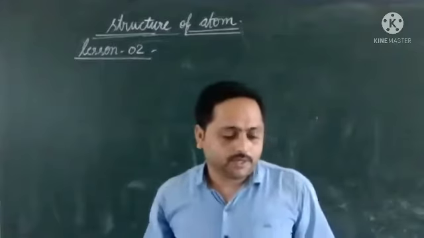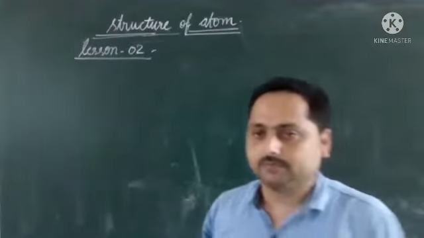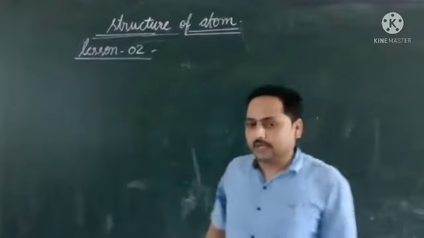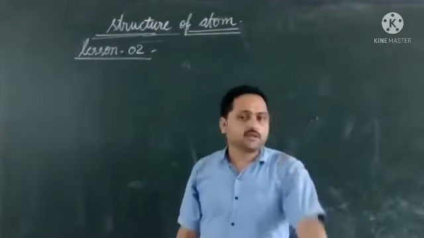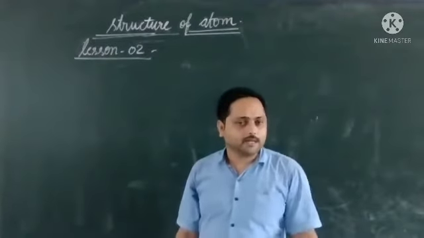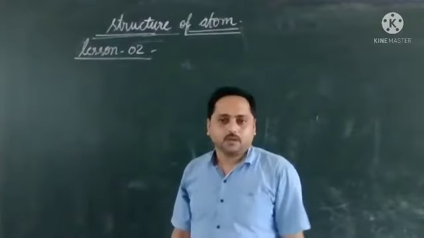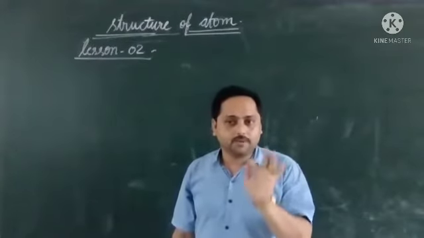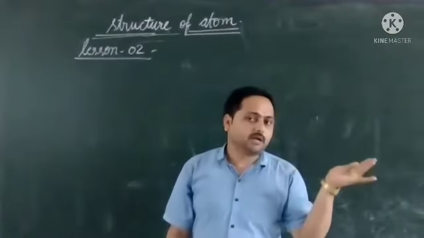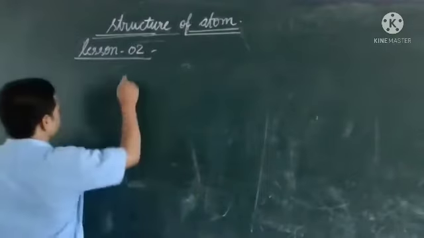Okay, so children, yesterday we wrote the electronic configuration of different elements, up to 30 we wrote them. But today we are going to do something a little different. We will write electronic configuration only, but before that we have to understand two terms: positive and negative ions. We will see that here, and after that we will write the electronic configuration.